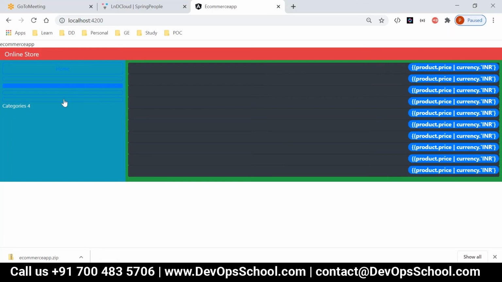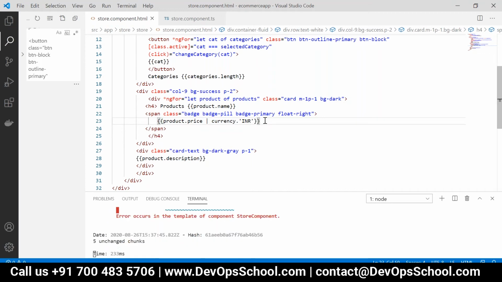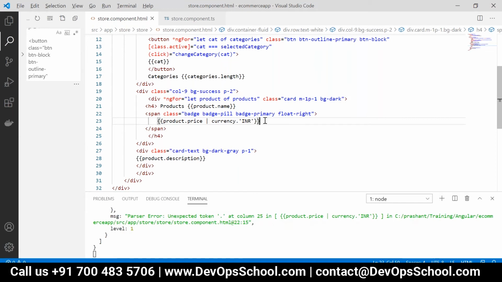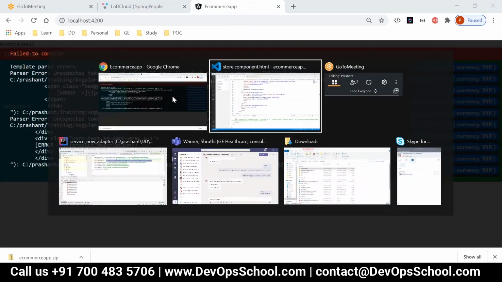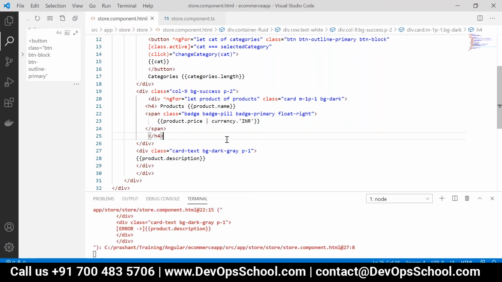Some text is not coming. No, it is okay. I guess you have written closing brackets, you have written only one. It should be two brackets, no? Where? Okay, this one, line number 23. Yeah, interpolation. Just go, it's given some error. At what is it giving the error? HTML line number 22. Yeah, line 21, span class, you have written span class product dot price.